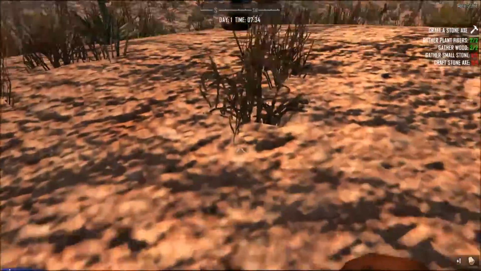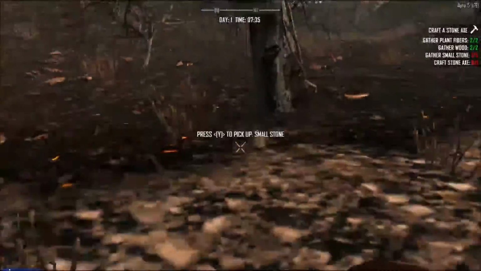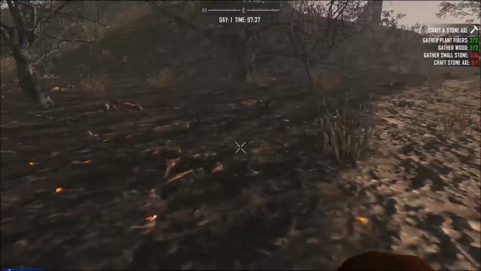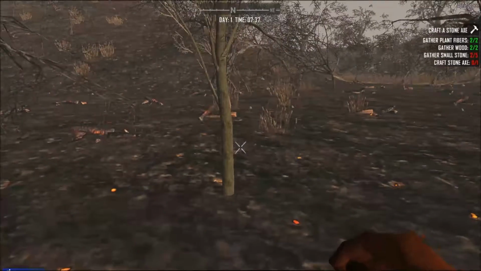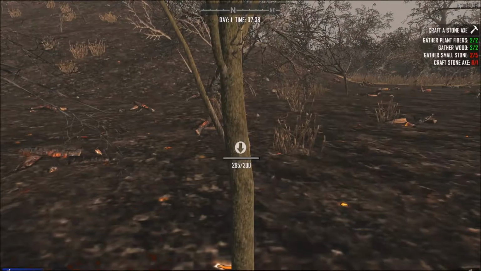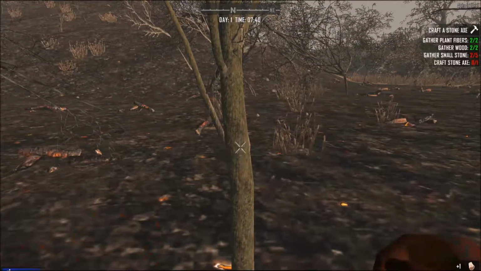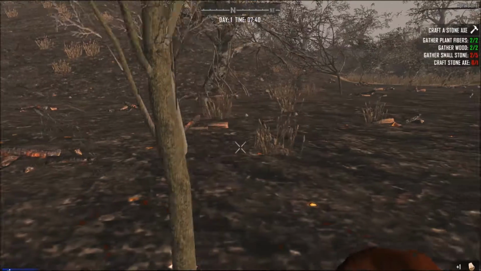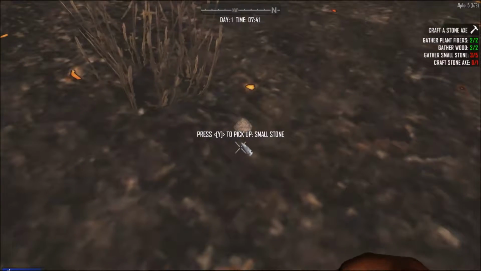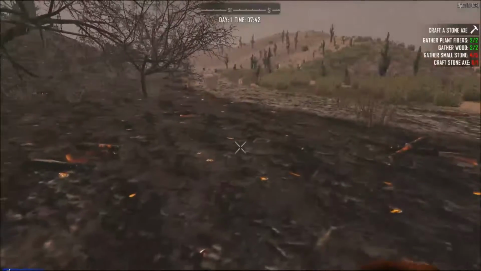I need to punch us up some wood too. But we do need some more stones. Here we go. Get an axe going. I don't really want to be in the desert, but there is food to eat in the desert, so I don't know where we'll be near a water source anywhere, but